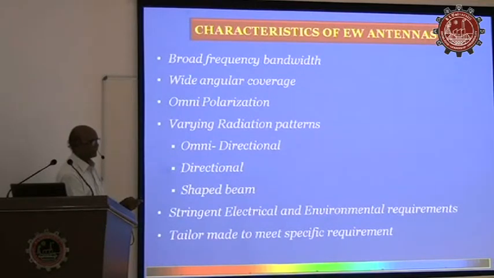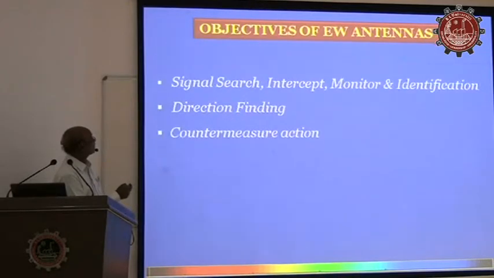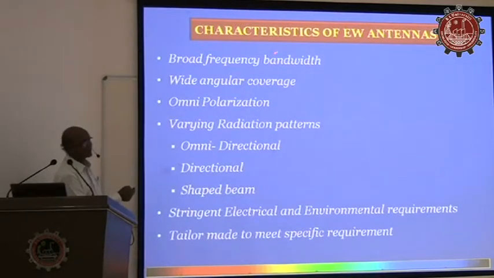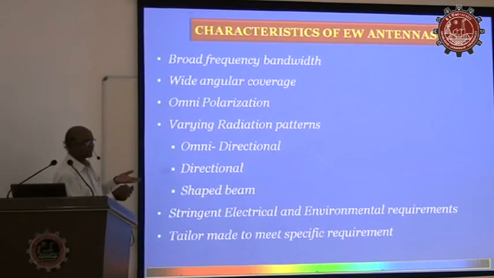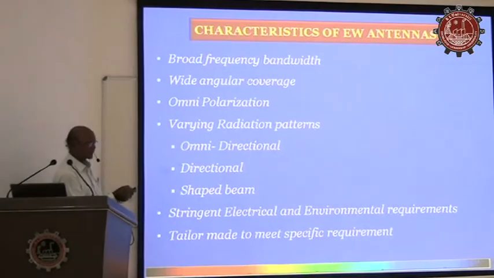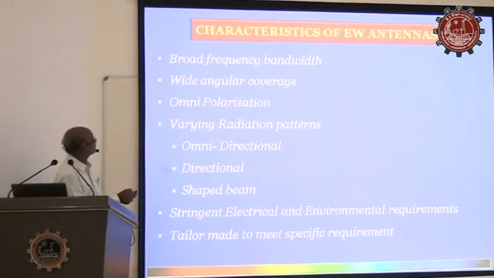That means the antenna we use for EW applications should have broad frequency bandwidth, minimum 1 octave. We talk of the bandwidth of an EW antenna as 1 octave, not less than that. Whereas for radar, if you talk X-band, they will talk X-band plus minus 3% bandwidth or maximum 200 MHz bandwidth. A 200 MHz bandwidth radar they will call a broadband system. But we never talk about 200 MHz or even 1000 MHz bandwidth as broadband in EW.